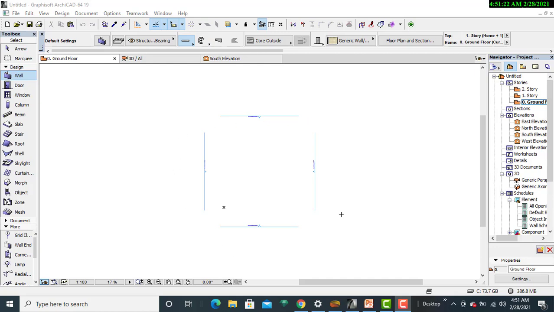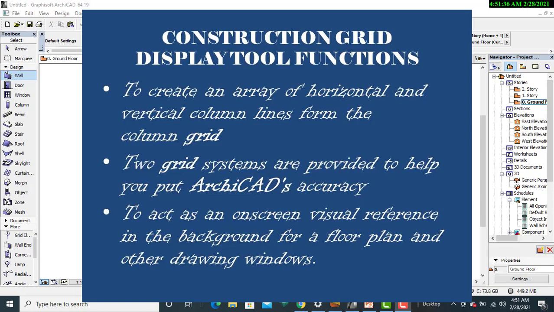And the first thing that comes to my mind is that we need to set up a construction grid where we'll be able to show its functionalities, like allowing us to have both vertical and horizontal columns from the column grid, and to also act as an ArchiCAD accuracy reference point, and to also have it as an on-screen visual reference, especially for floor plans that happen to be found within the background.